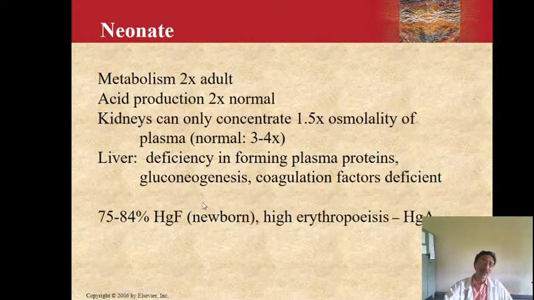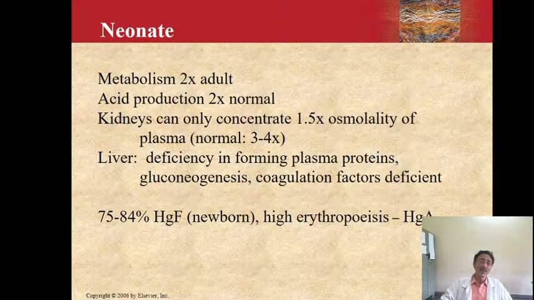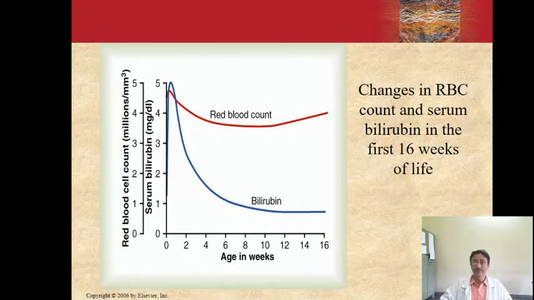And in a newborn, you will find that hemoglobin F is the fetal hemoglobin. 75 to 85% of the hemoglobin is of the fetal type, because of which there is a high erythropoiesis. Gradually, over the next 6 months, the fetal hemoglobin F is replaced by adult hemoglobin. Initially, because there is a high RBC count, somewhere around 5 million per cubic mm, there is more breakdown of RBCs after birth,